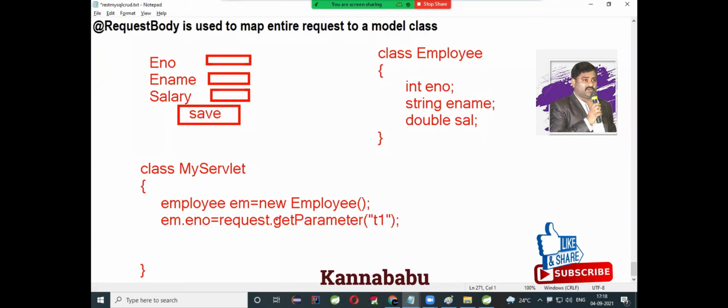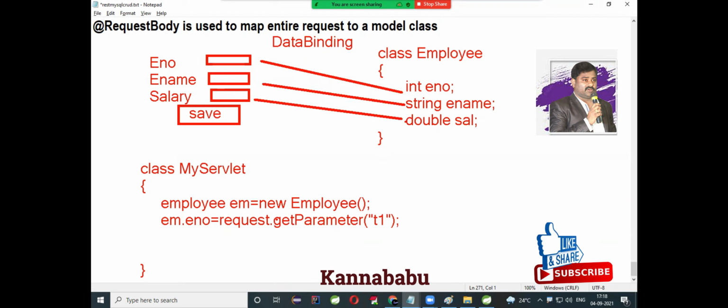But nowadays there is a beautiful concept called data binding. What is data binding? Binding the HTML element with a Java variable. That concept is called data binding. This is a fashion nowadays when you go for Angular or React.js or Spring Boot or .NET Core, wherever you go, data binding is a new feature.